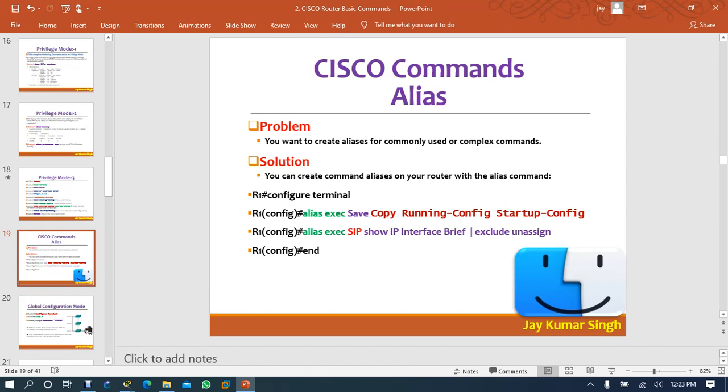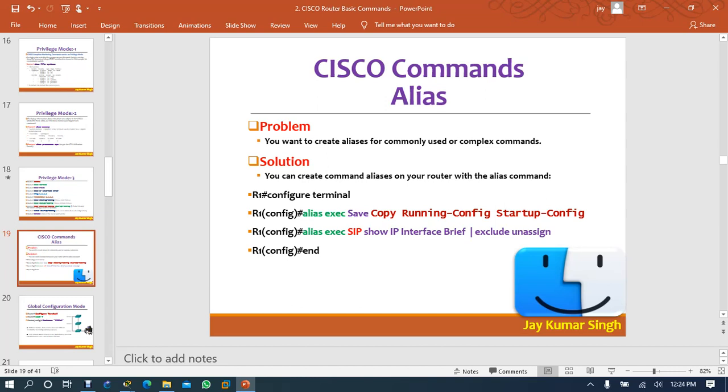But when they monitor the routers, not every time do they run long commands. When you learn Cisco, this is your beginning, but when you learn advanced, there are long commands. So when you have to run these long commands every day, can I shorten them, some abbreviation, something like that? I can reduce the name.